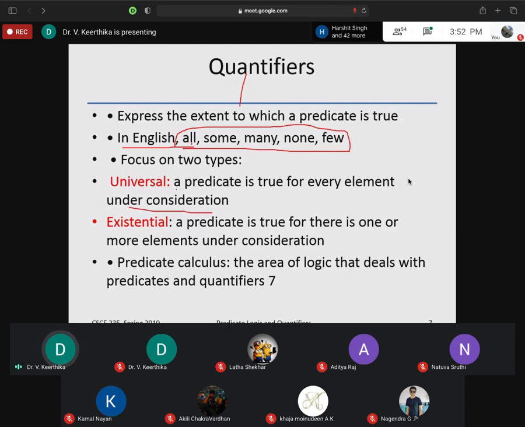Now I am going to differentiate the universal quantifier and the existential quantifier. If a predicate is true for every element under some condition, I call it the universal quantifier.